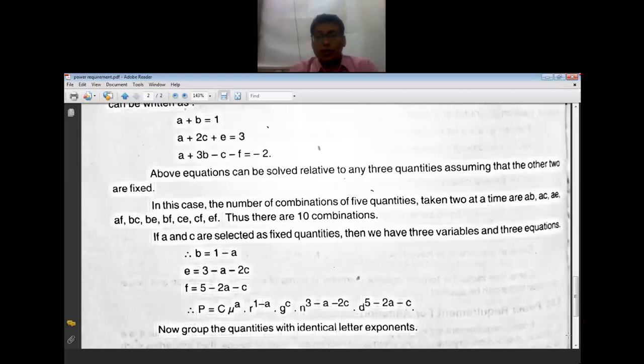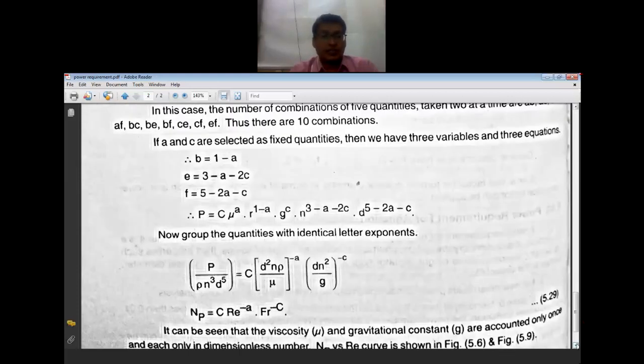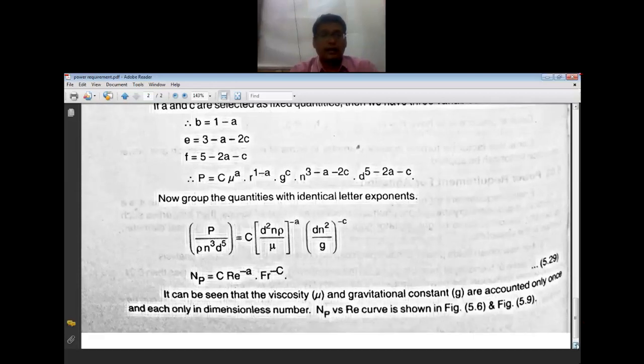Now you have to rearrange these things and collect all a, collect all c. So collecting all a will give you d square n rho upon mu raised to minus a. Collecting all c, that is d n square upon g raised to